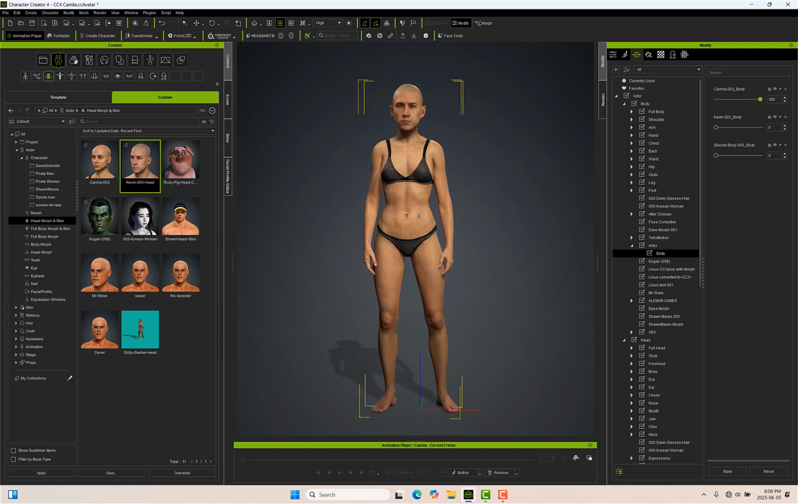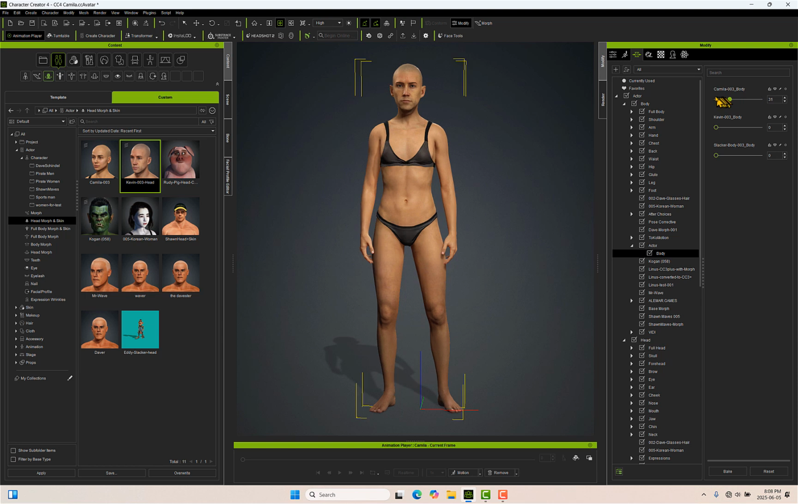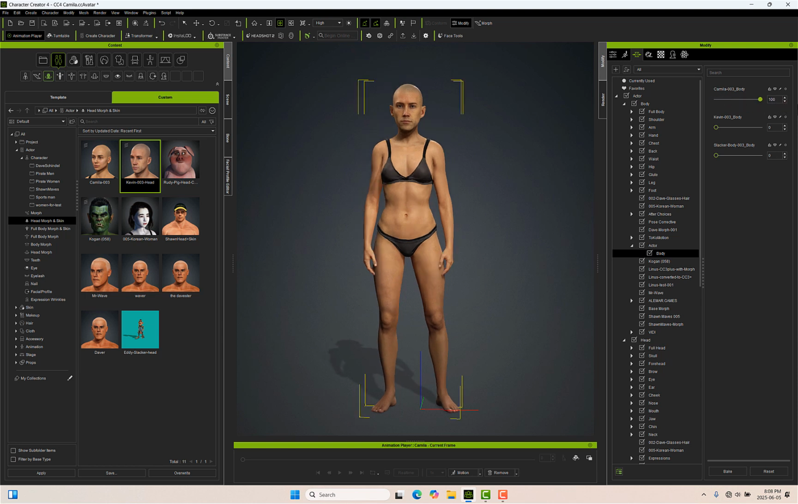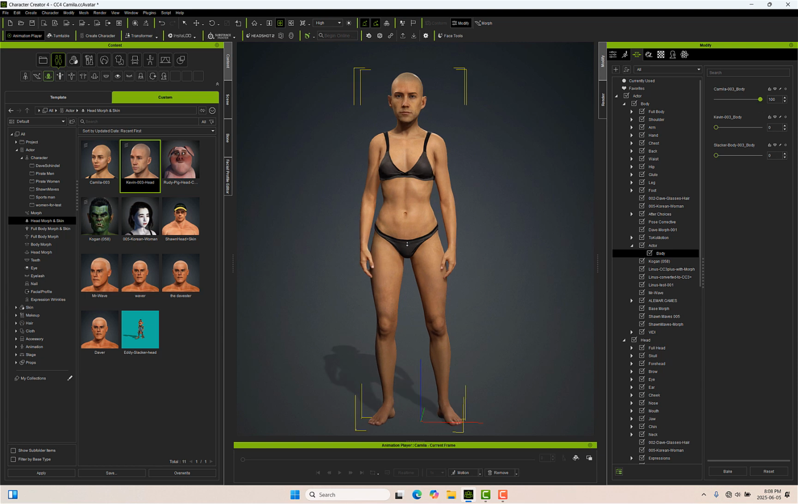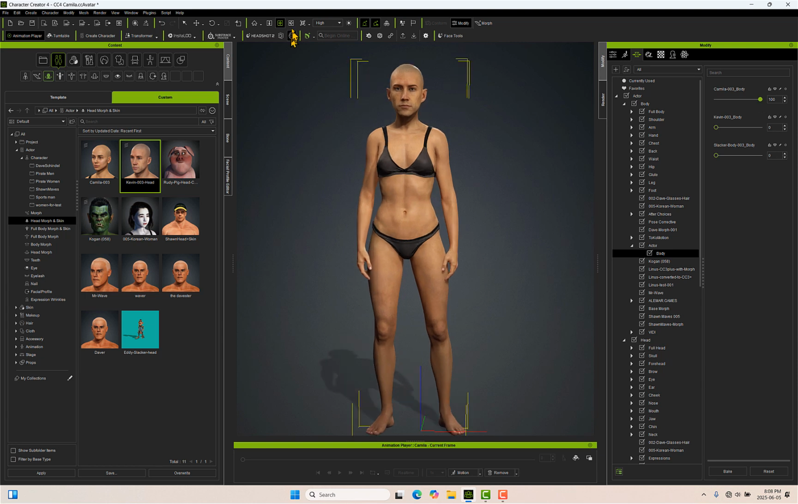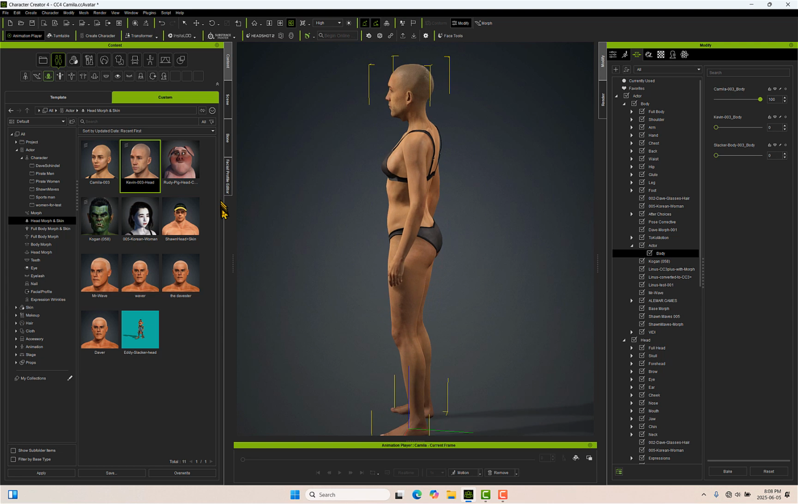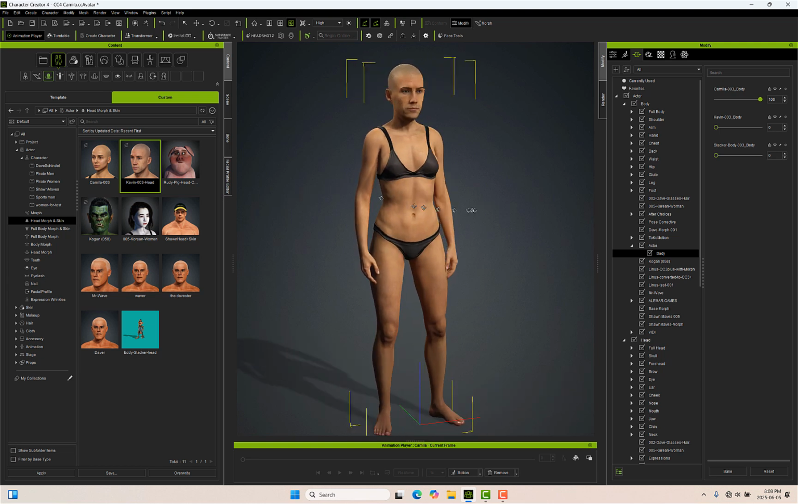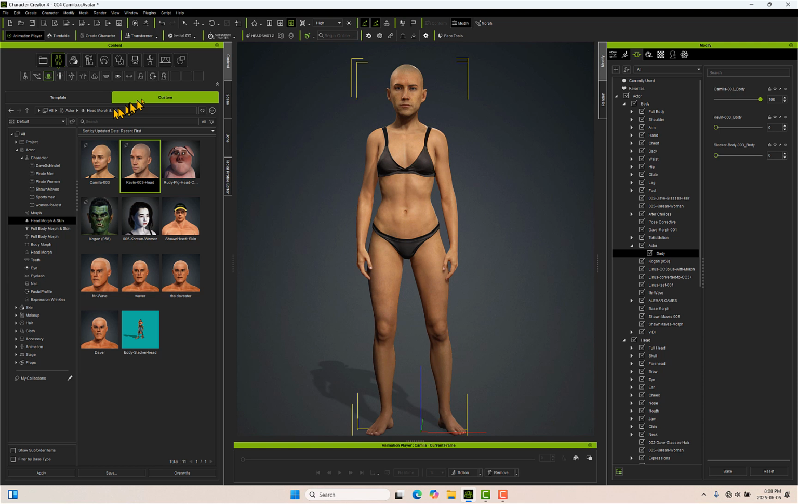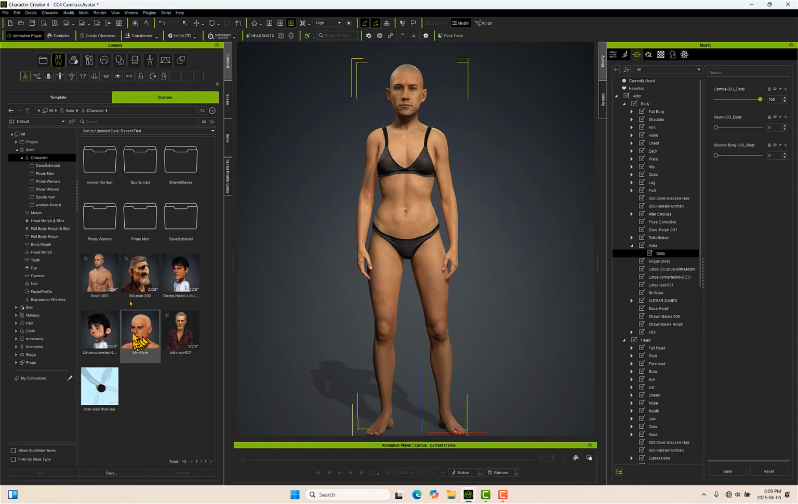So you can now save this, right? You can save it like this. So let's say you want to save that. And I'll show you, in fact, that is Camilla's body. Let's save it. Let's go to our custom, let's go to characters. Okay, and what we'll do, we'll save this, and we'll say it's